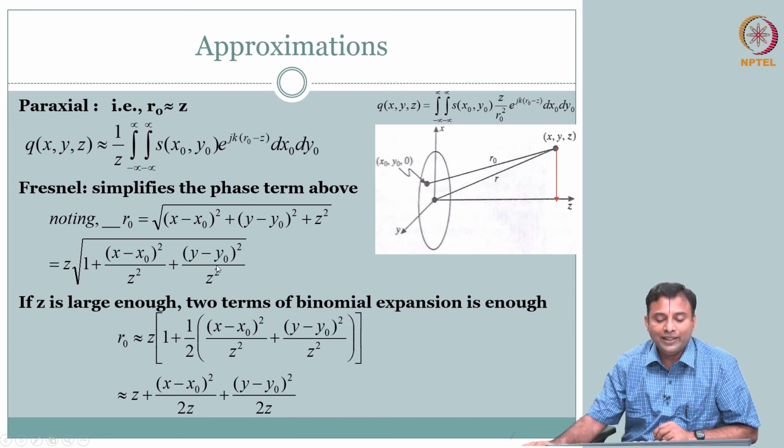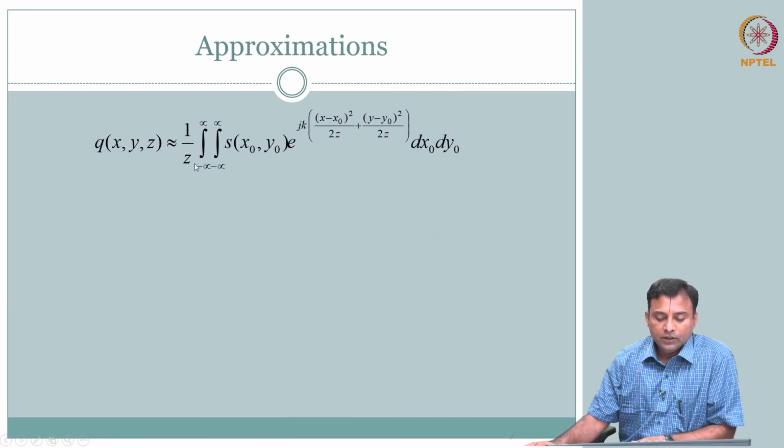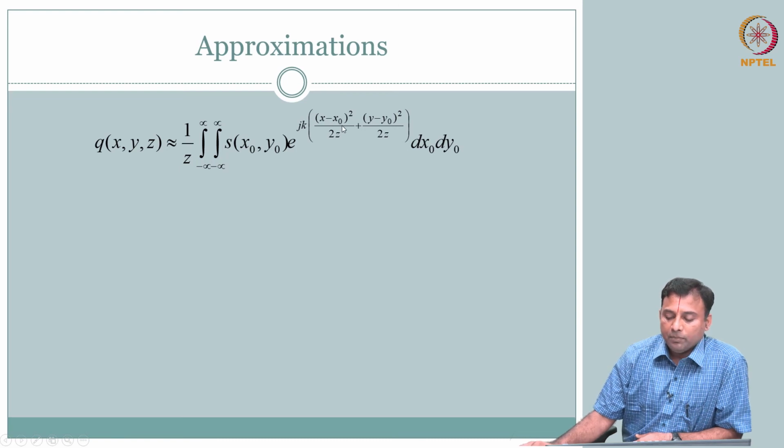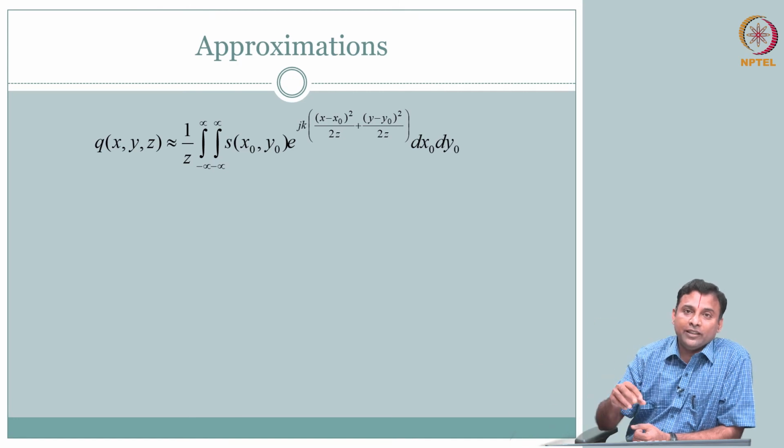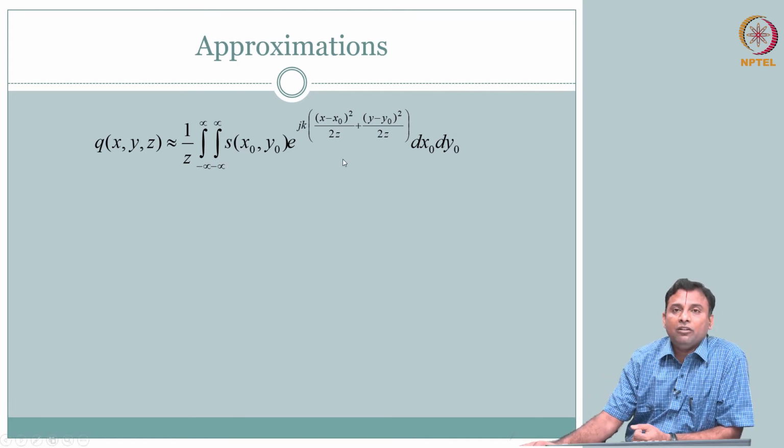You will be left with only that. Okay. So x minus x naught the whole square by 2z, y minus y naught the whole square by 2z. If you look at this, I know this is only q. This q has to be substituted in your receive signal r of t, it has to go in. So first we are trying to work on this field pattern, which is determined by this q. In some sense they also plot this and call it the directivity function, which tells which direction it is going.